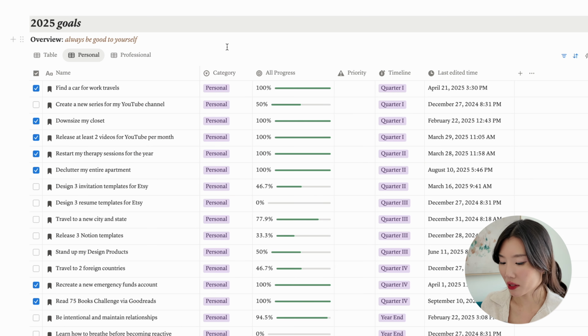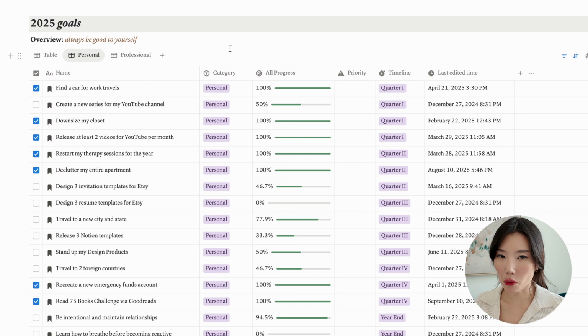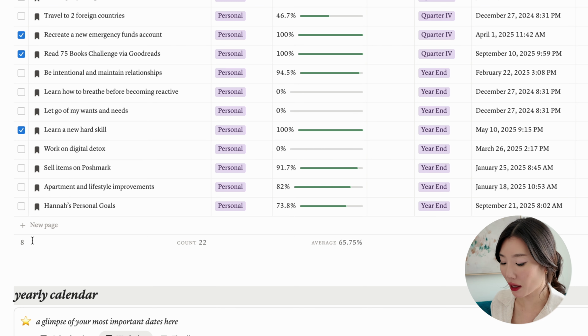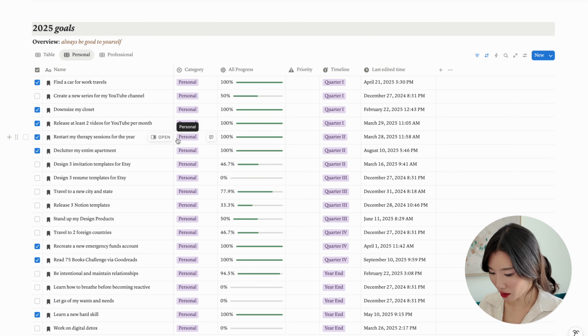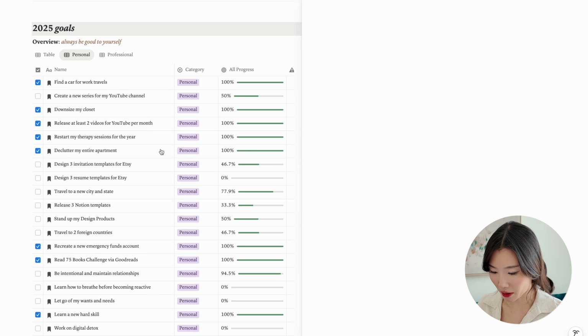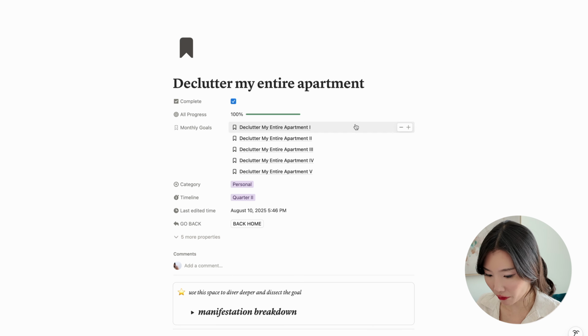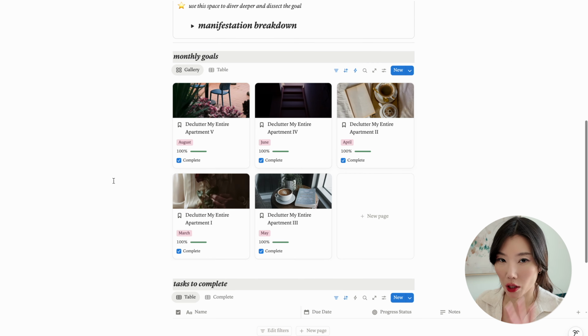Going over to my personal tab, I'm gonna just select random 5 goals that I was able to achieve and not achieve. As you can see with my personal goals, I have 22 goals, but I've only completed 8. The first one I'm gonna select is decluttering my entire apartment. So if I were to open this one, let me make this a little bigger into a full page. So looking at this from a more holistic view, I've been trying to declutter my apartment